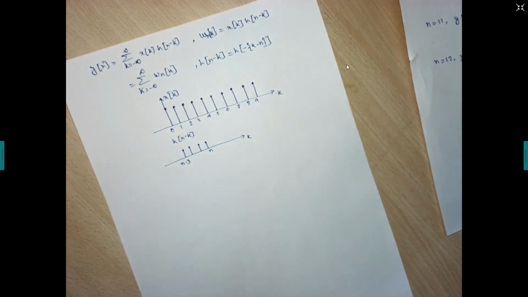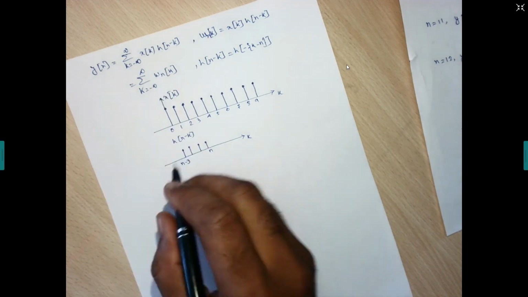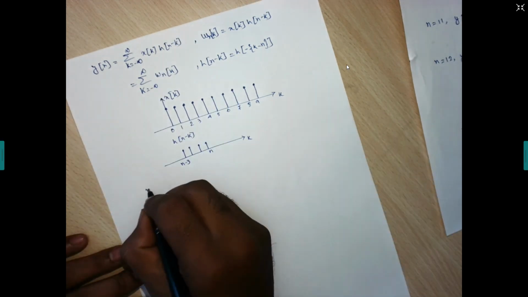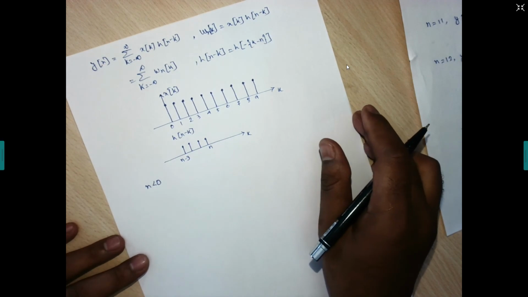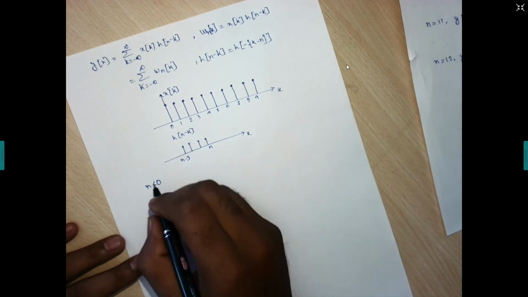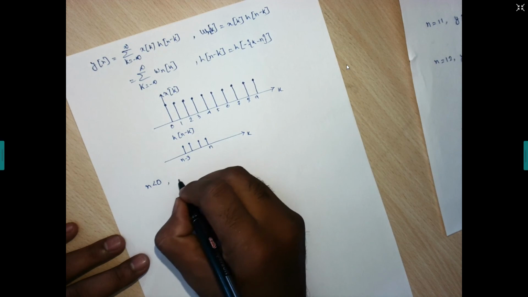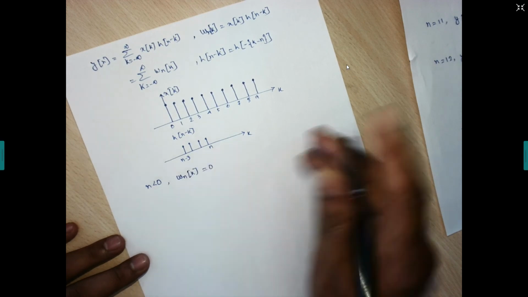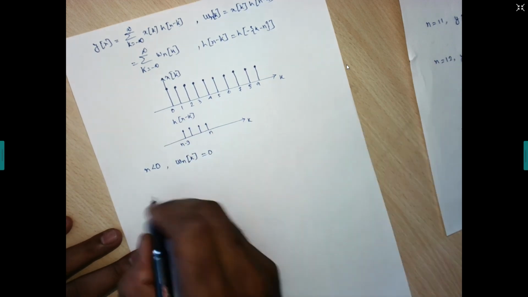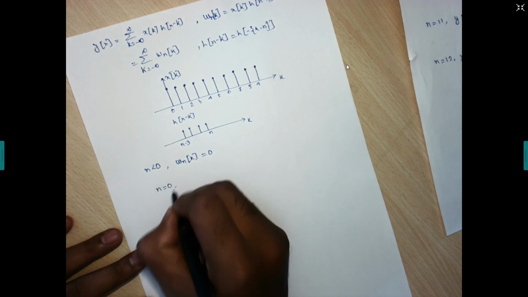minus 1. If we start from n less than 0, that covers minus 1, minus 2, all of them. So this Wn of k is 0. Wn of k is 0, right? Now when we are at n is equals to 0,